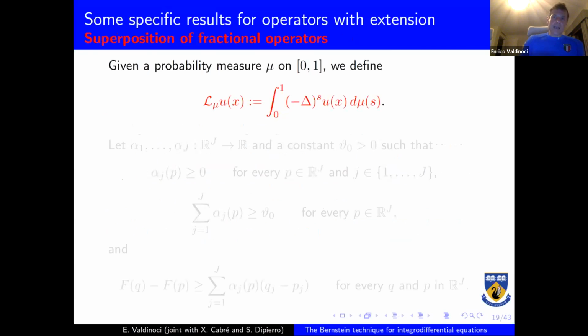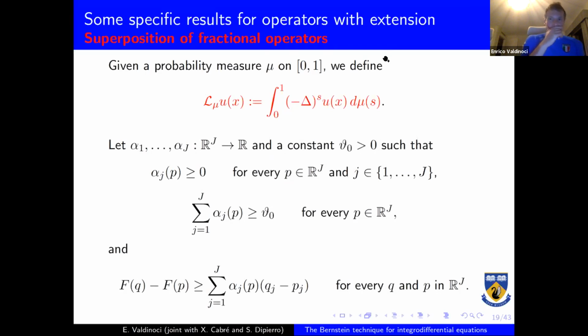The case of operators with extension can be pushed forward. For instance, one can consider superpositions of operators with different orders. So for instance, one I wrote here, in which you take the fractional Laplacian of order S and you average with respect to some given measure mu over all these S. Actually, I think that this type of operators are interesting, both because they are not scale invariant, so many of the techniques that are based on scaling become a little bit more tricky when you have superpositions of different operators,